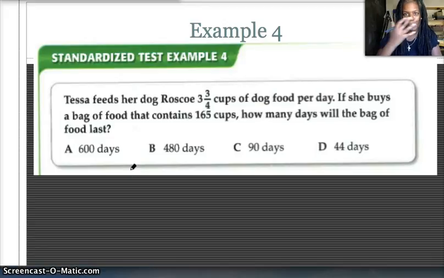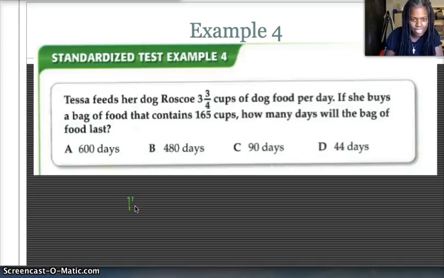Don't get confused by all of the fractions. Just look at it for what it is. Sometimes when I have word problems with fractions, I take the fractions out because it helps me think through it. So what if the problem said, what if Tessa feeds her dog Roscoe 2 cups of dog food per day, and she has a bag of dog food that has 100 cups? You would easily know to divide, and probably since this section is division, you knew to divide, but that's exactly